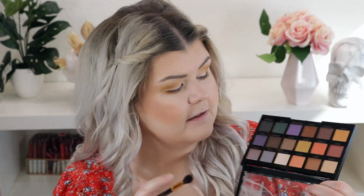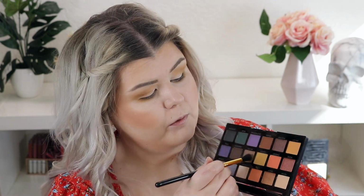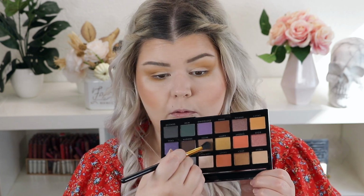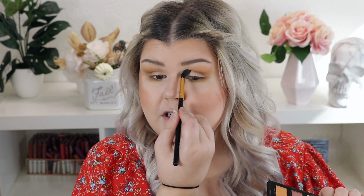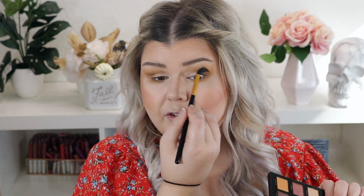Maybe we'll do warm and cool. Maybe we'll mix warm and cool tones, because that sounds like a fun time, because this shade Witty is calling to me. So let's try Witty. Kind of a neutrally cool tone brown, and I'm just gonna pop that in the crease. We're also just testing products today. It's not gonna be a revolutionary eye look. Not that any of my eye looks are revolutionary, but